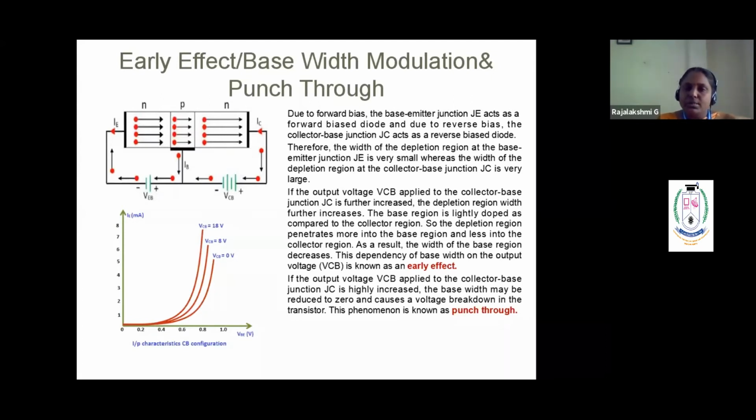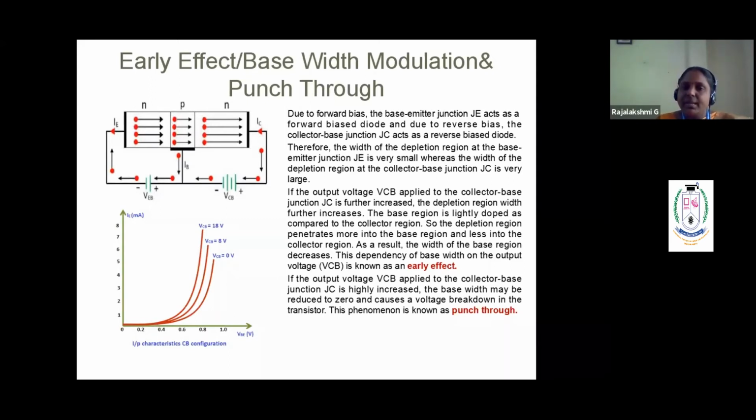And one more concept is punch through. Punch through is also a little bit the same thing. In reverse bias condition, we know that initially there won't be any conduction. But if you keep on increasing, the depletion layer will increase. But still, even in a PN junction in reverse biased condition, you would have noted, when you increase the reverse voltage beyond a limit, what will happen?